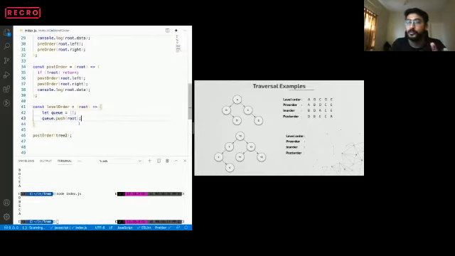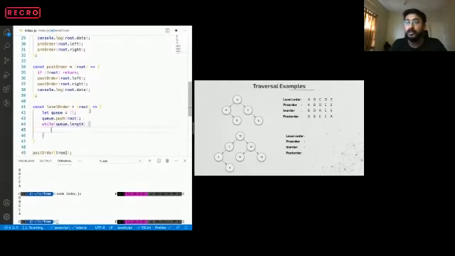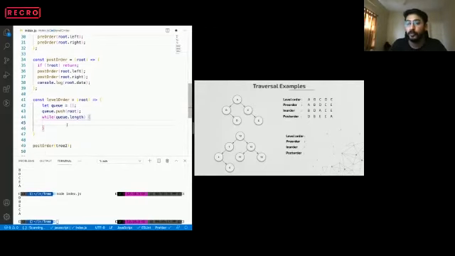Okay, we are pushing the root to the queue, and we are checking while the queue is not empty, we are going to process the node, right? And every time we see the queue, we get the length of it, correct? Whenever you are inside this loop, we started with root, so we pushed A first, so the length of the queue is 1, correct? So we are on level 1. Since we are on level 1, its length is 1.